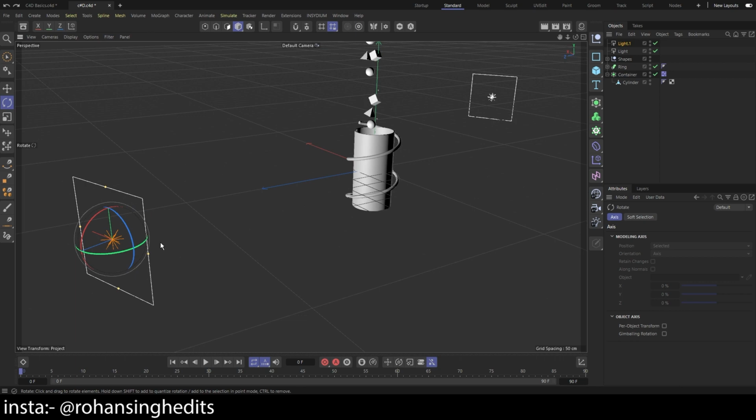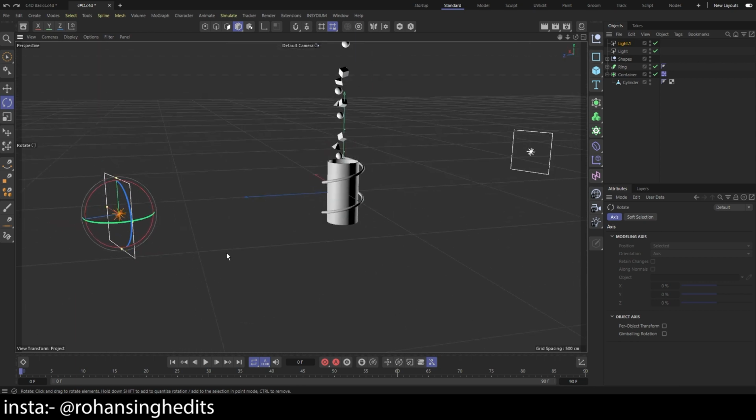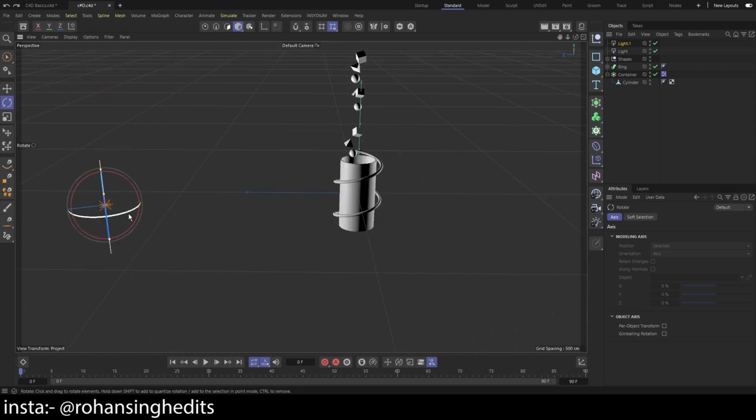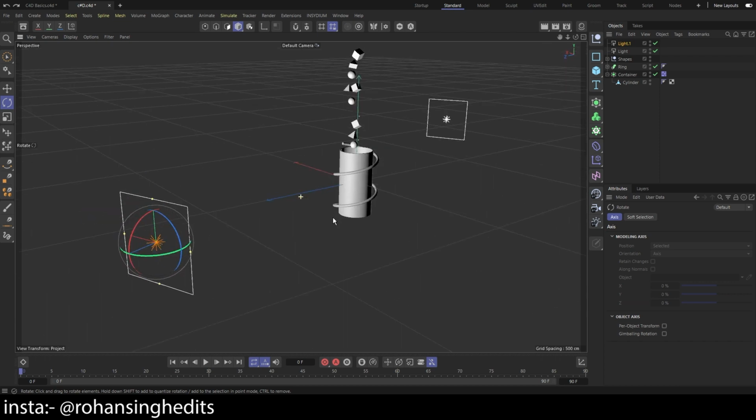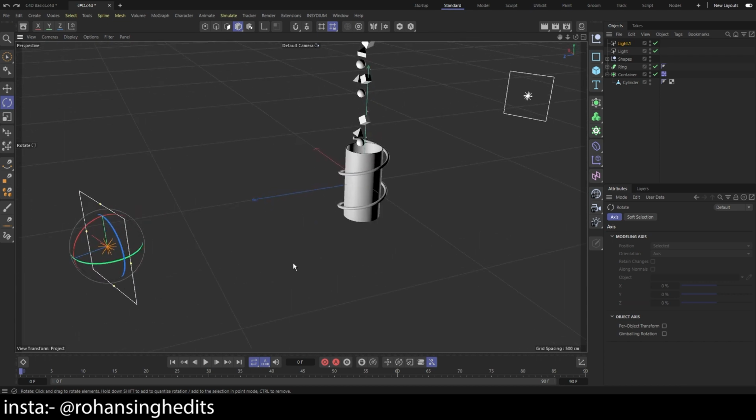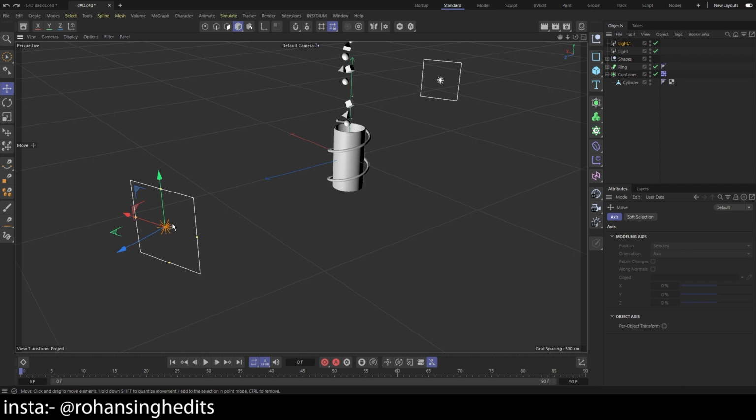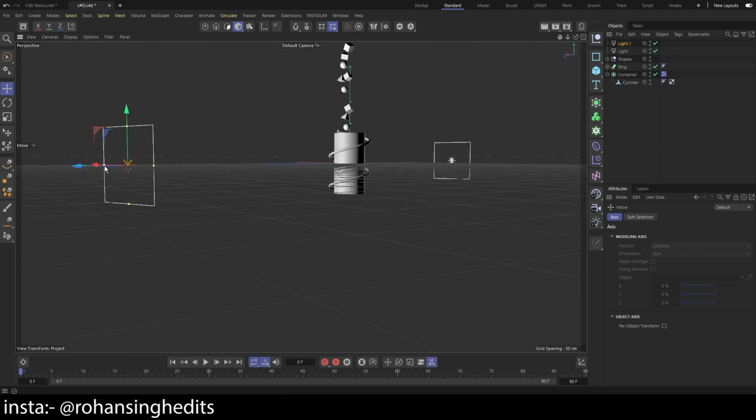Now it does not matter where you face the light. In Redshift there's only one side from where the light comes out. In this one, the light comes out from both sides, so it does not matter. I guess this angle looks good. Just gonna make it a little bit farther,